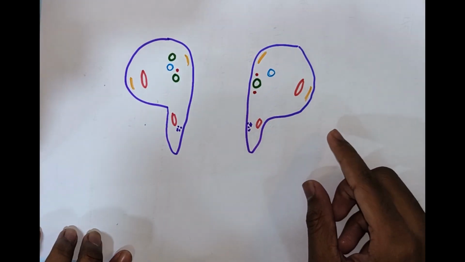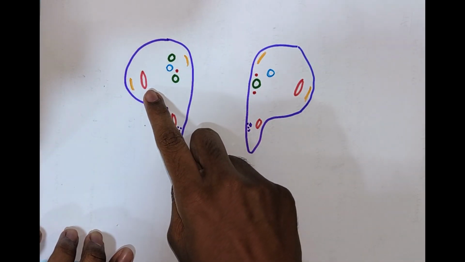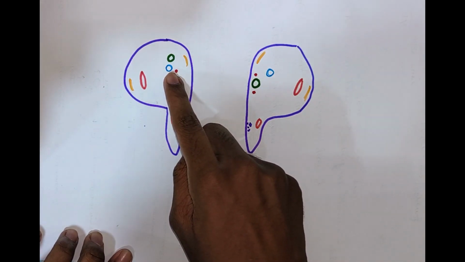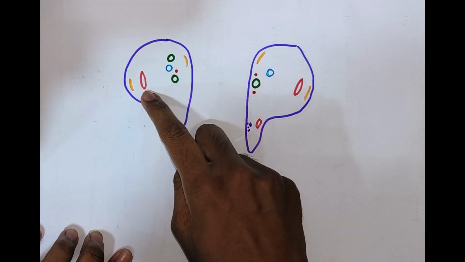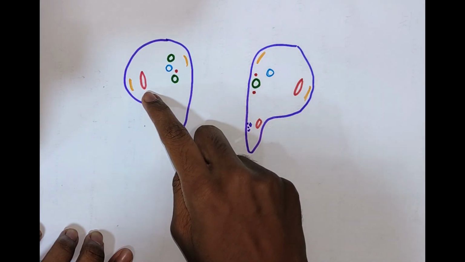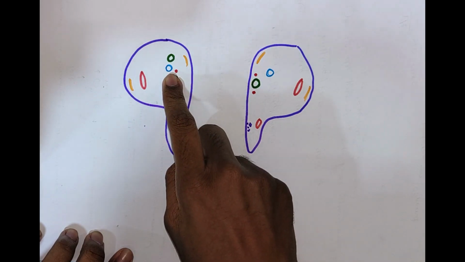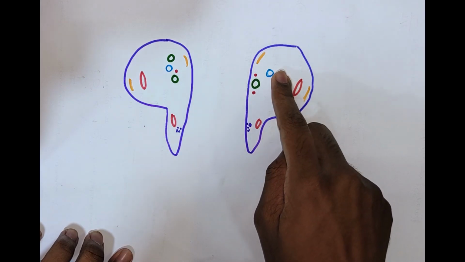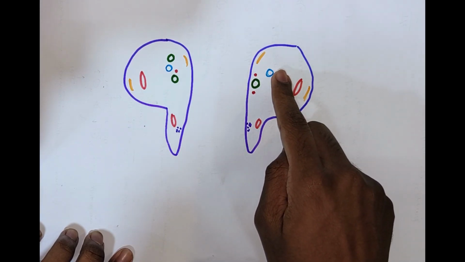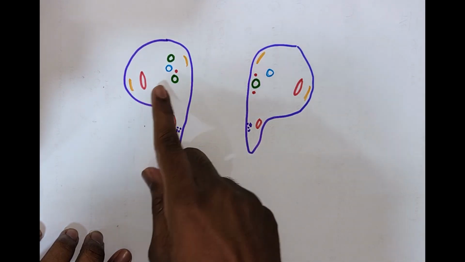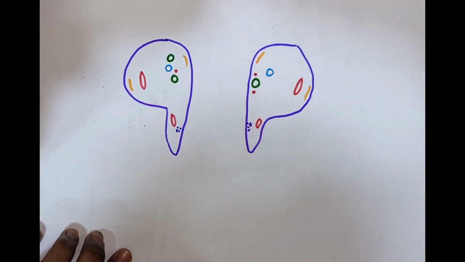Now you might wonder why I have used a red sketch pen for a vein and a blue sketch pen for an artery. It is because the pulmonary vein carries oxygenated blood from the lungs towards the heart, isn't it? And the right pulmonary artery and the left pulmonary artery carry deoxygenated blood from the right ventricle to the lungs for oxygenation. So it depends upon oxygenation, not upon artery or vein. That is why here veins have been colored red and arteries have been colored blue. So do not be confused.